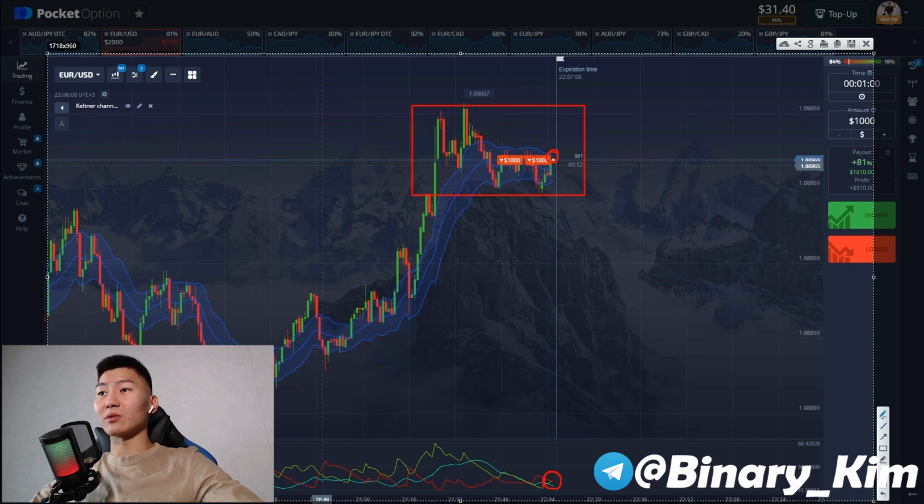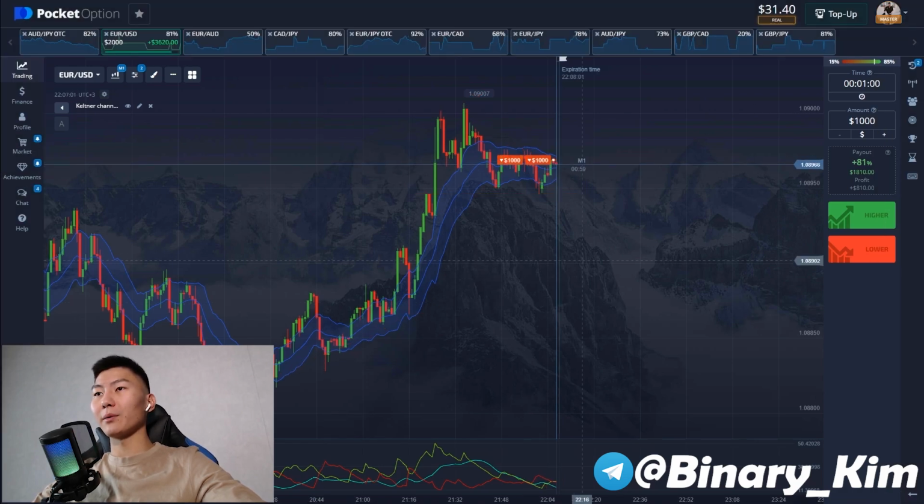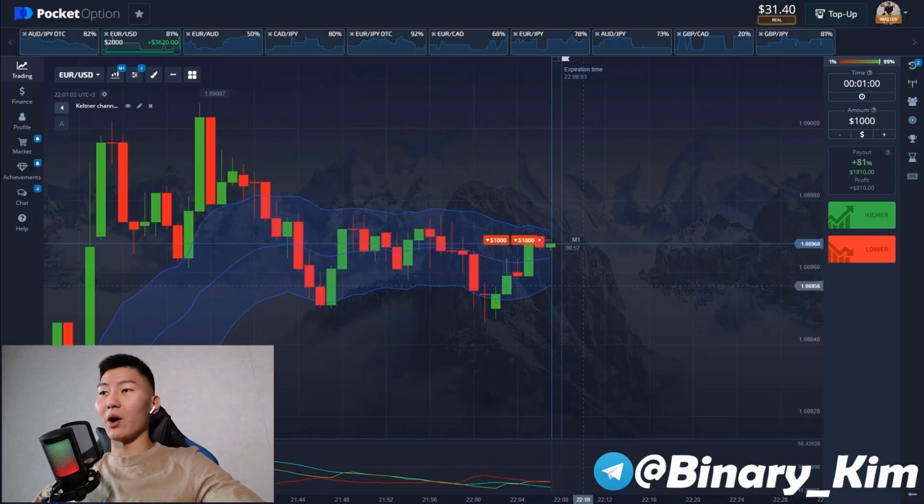Here the touch of the upper boundary of the Keltner channel did happen, and the correction should take place now, and the price is gonna continue the sideways movement, and volatility is kind of low here. Basically the upward trend has finished, and now the price is trying to determine its direction, because we see this double bottom pattern here. However, previously there was more upward dynamics,